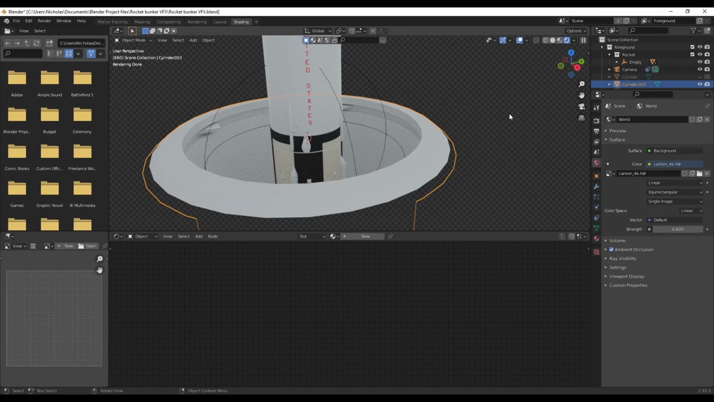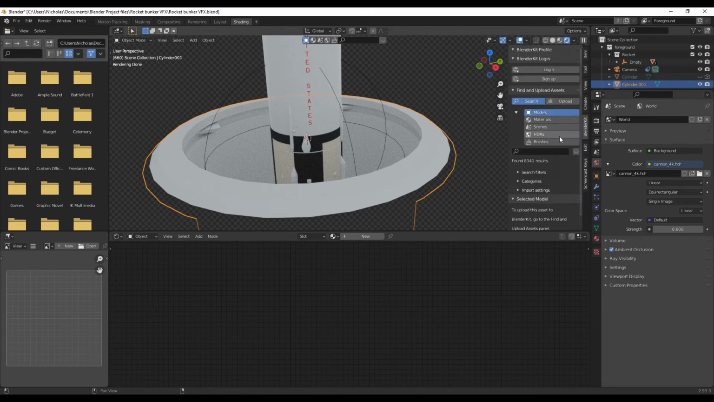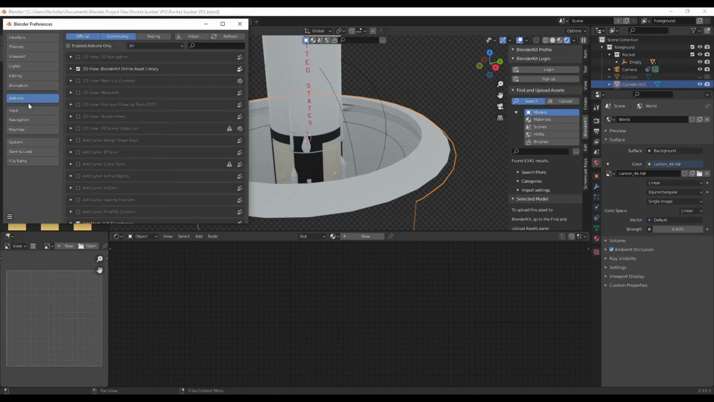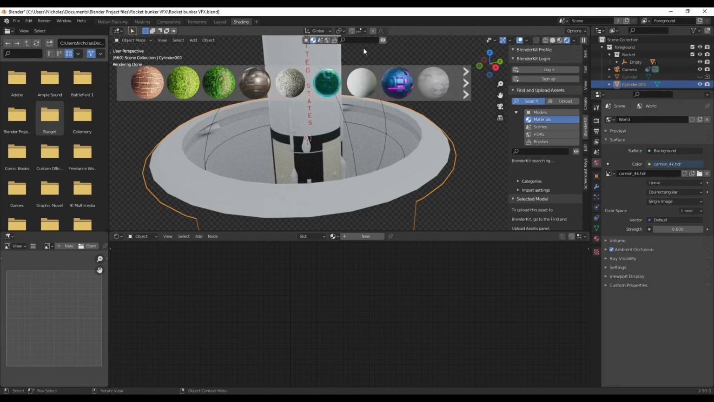So as I've mentioned in my previous videos, I'm going to be using Blender Kit for my textures. It just works so well. It's just a little add-on, a free add-on. You can activate it by going to edit, preferences, add-on, select, and then search Blender Kit, make sure it's selected, and then you want to go to the material tab, make sure that this icon is on, and it will